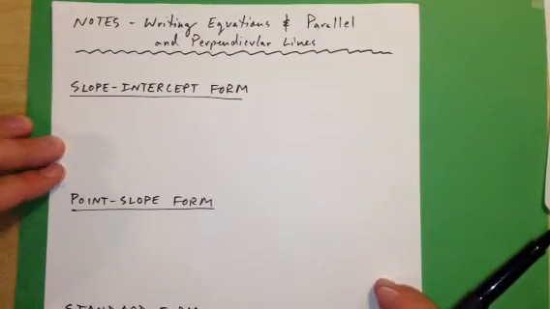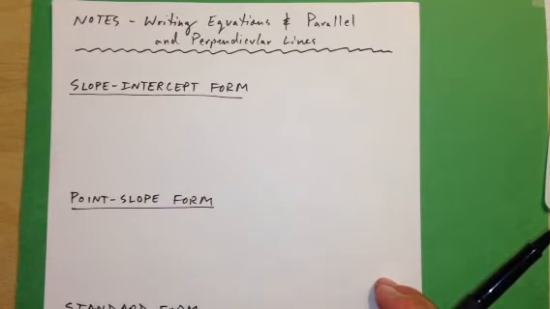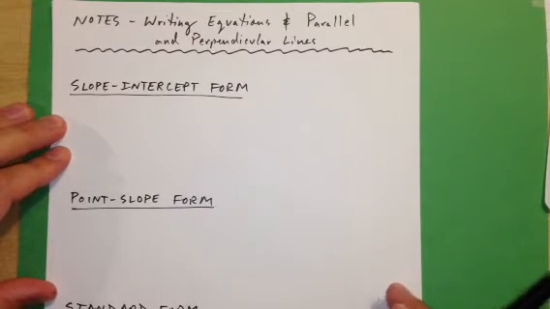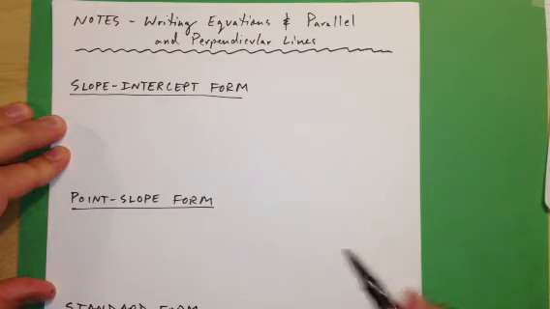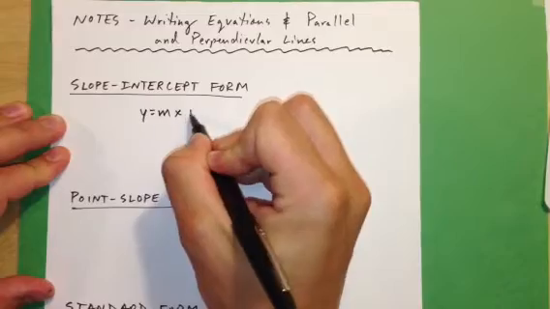Okay, today we're going to review some notes about writing equations and parallel and perpendicular lines. So you've probably heard of the various types of forms for linear equations. One of the most common ones is slope-intercept form. Slope-intercept form is y equals mx plus b,